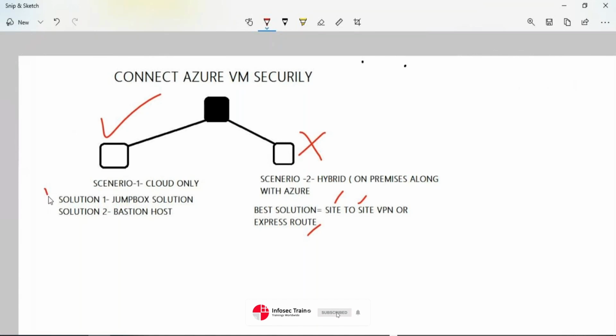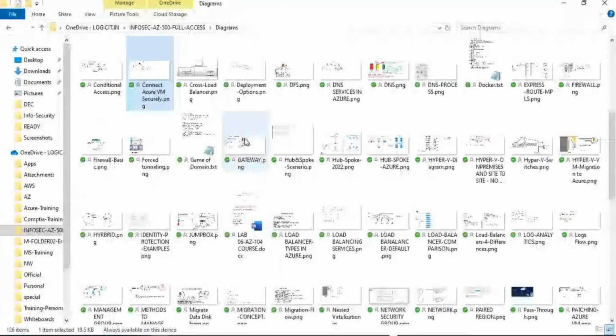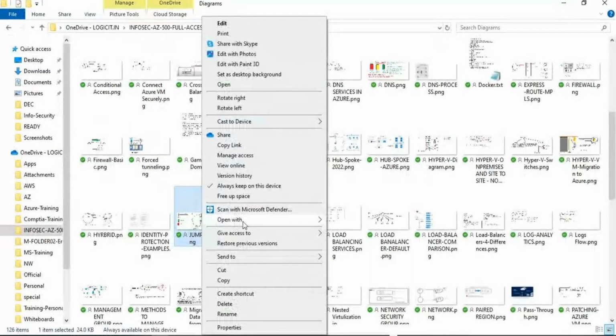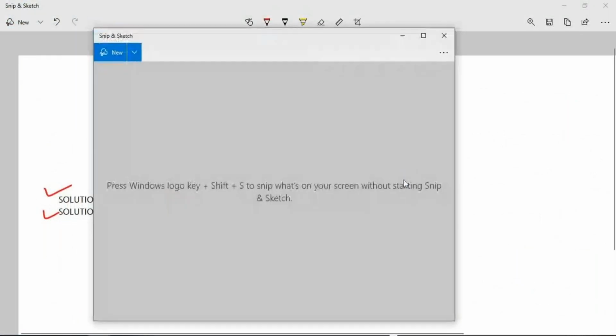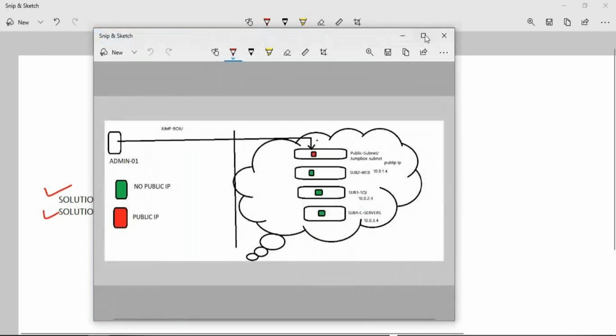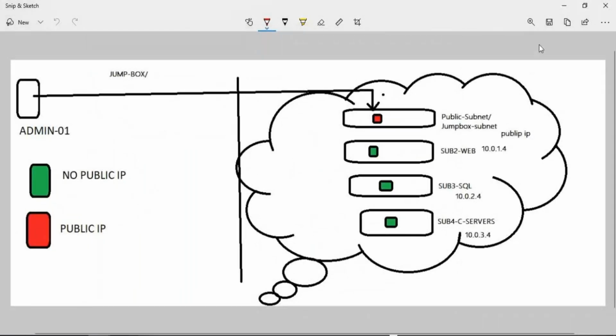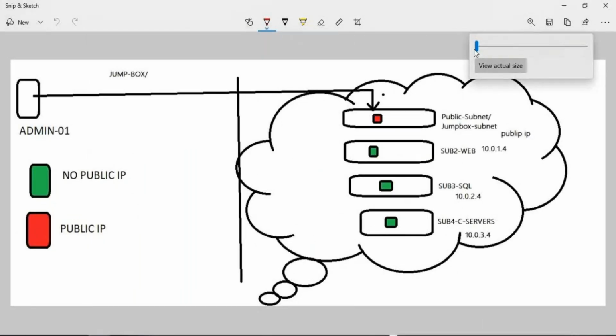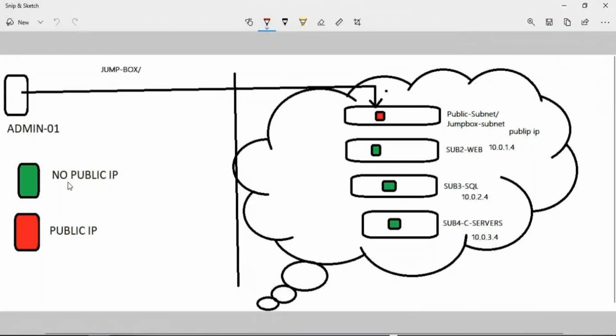So for cloud-only, we have two solutions, Jumpbox and Bastion Host. What is a Jumpbox? Five minutes before I said a VM should not have a public IP. It's correct. We should not have a production VM having a public IP. For non-production, it's still okay. So what I have done: a VM with a green IP has only a private IP, and a VM with a red IP has a public IP. So I make one dedicated subnet